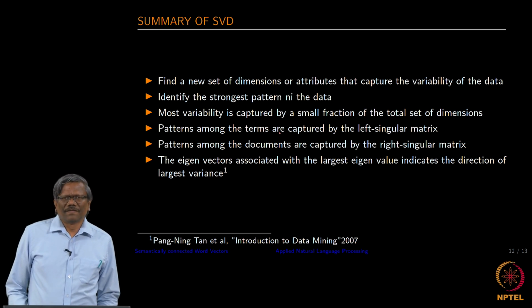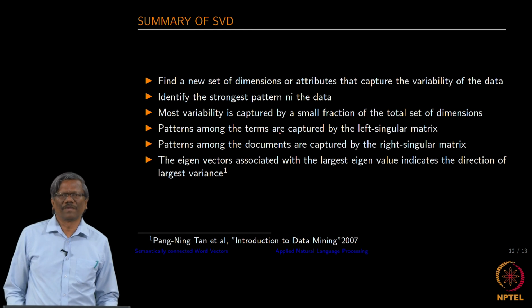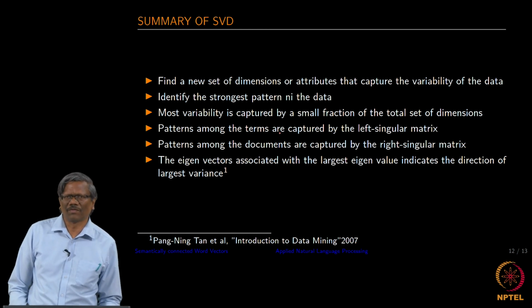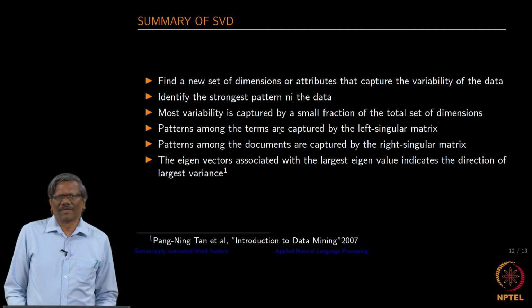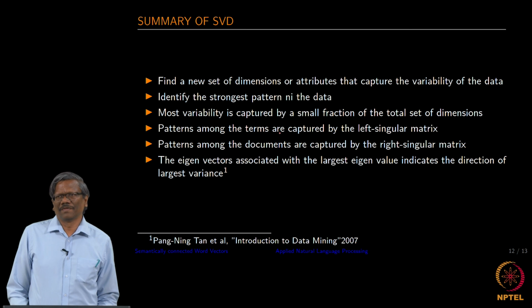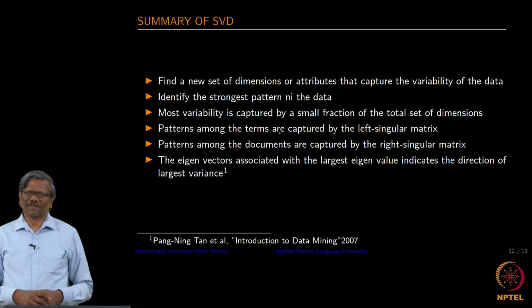So once we have done this, in the transform domain we have a left singular matrix, a right singular matrix and a singular value matrix, and we spoke about that earlier, right? And then when you reduce the singular matrix size to some k, from 2000 to 200, we still would be able to reconstruct the original matrix with some small error, right? So that's what we had shown earlier, especially with respect to the image.